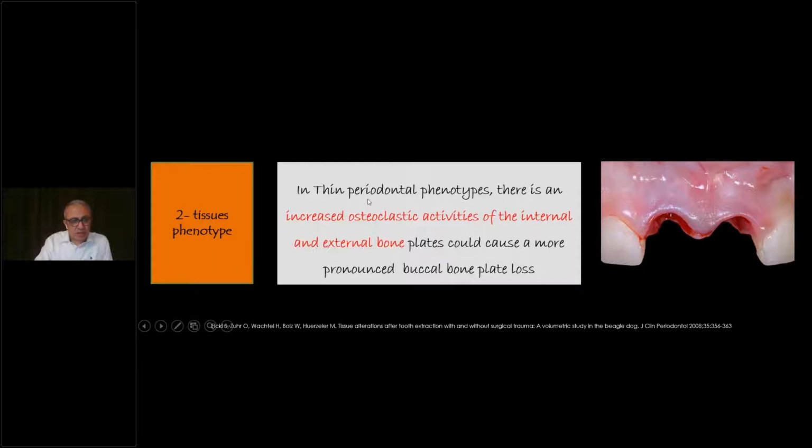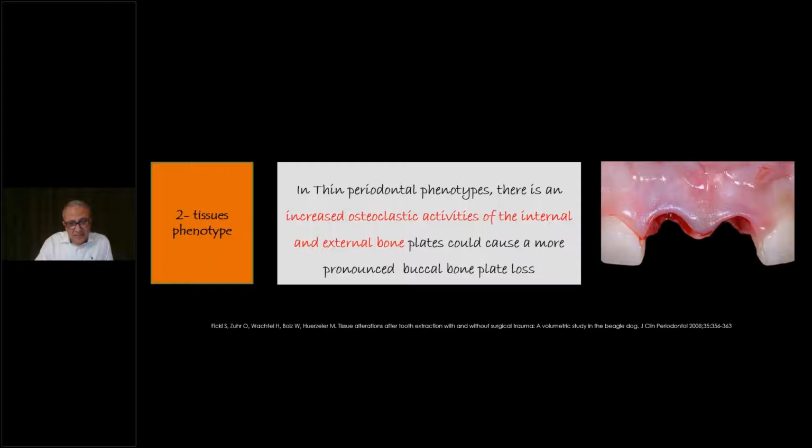Another thing is tissue phenotype. Tissue phenotype is really what influences the whole idea of immediate implant placement. Thin phenotypes really increase the osteoclastic activity by inducing further resorption of the labial plate of bone.